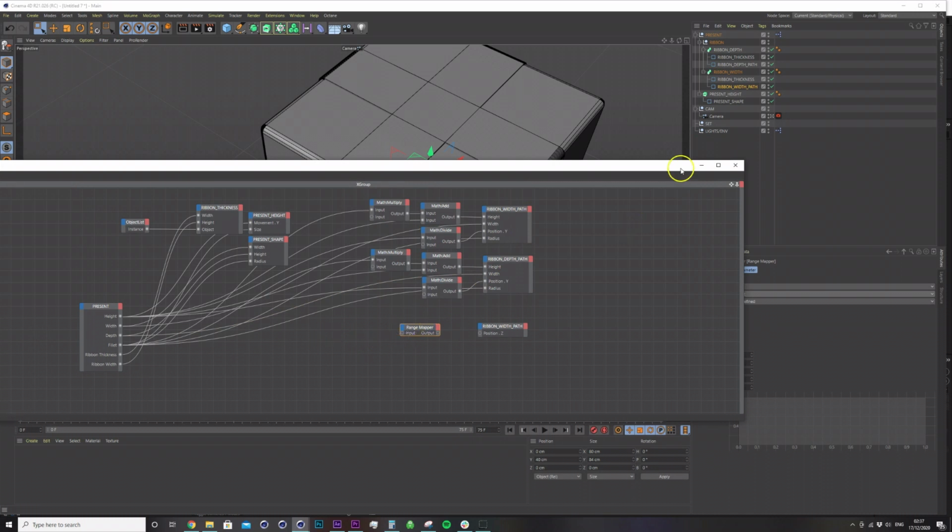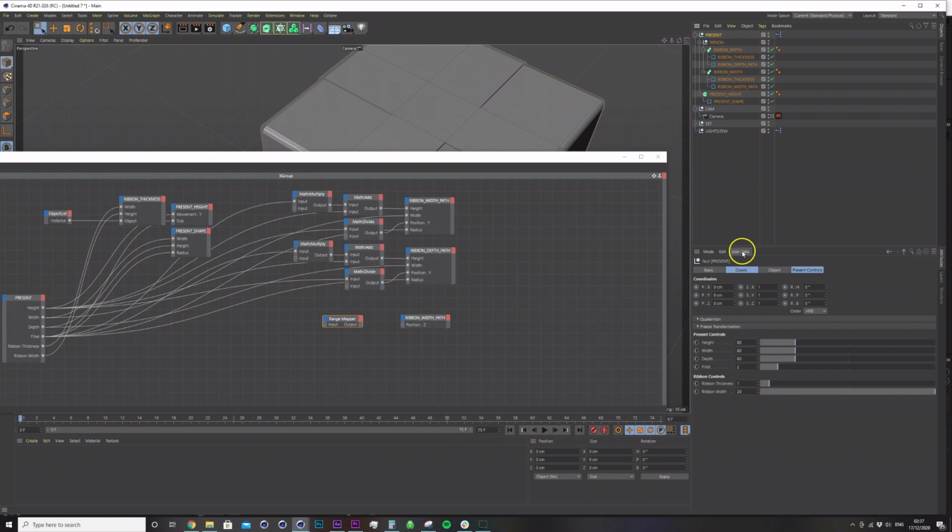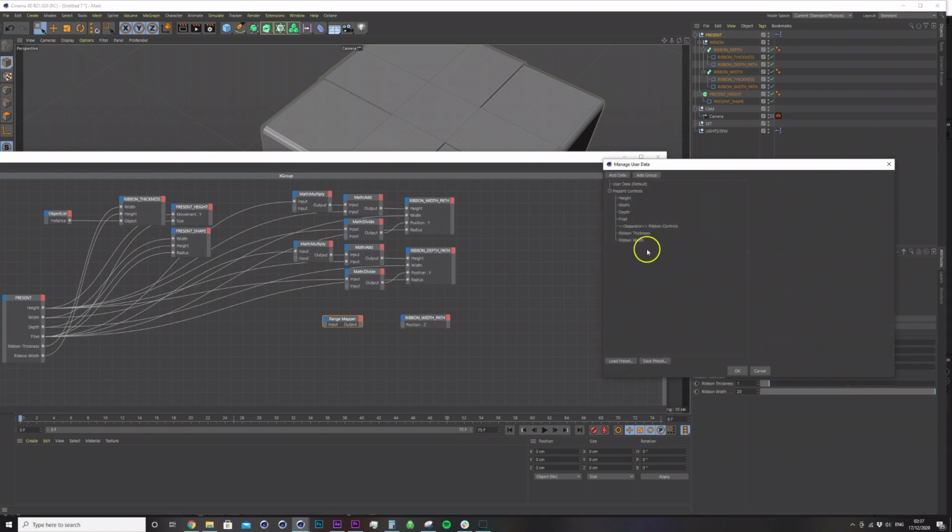And we need something to plug into that. So let's add some user data. We go user data, manage user data, and we're going to add some data. Okay, so we're going to go with ribbon width position, and we'll set this to be a float slider. We'll leave it at percentage, and we'll set the default value to 50%. That's good. I'm going to copy this and we'll paste it again,